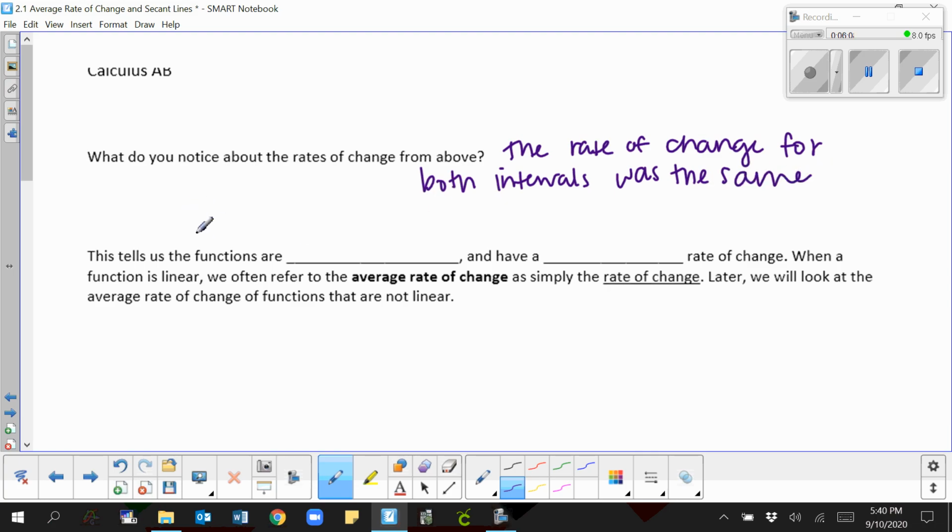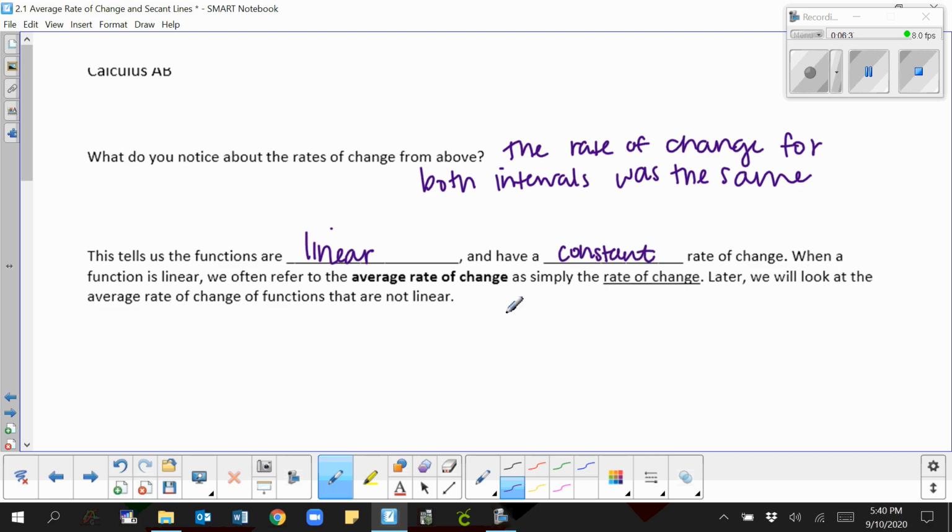So this tells us the functions are linear and have a constant rate of change, because when we looked at multiple intervals, we had a similar rate of change, and by similar I mean they were exactly the same. So we have a constant rate of change there, which means we're looking at linear functions. And so when you're looking at linear functions, the average rate of change is simply the rate of change, which